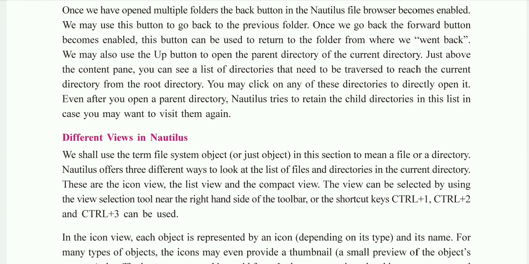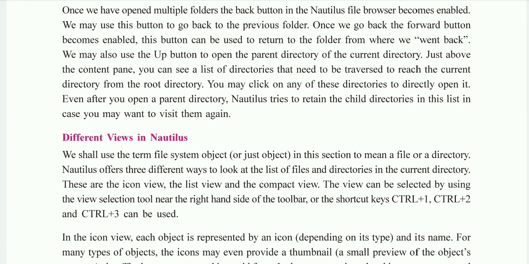These 3 views can be selected by using the view selection tool, that is near the right hand side of the toolbar. On the right hand side of the toolbar there is a button, the view icon. From that you can select the view.